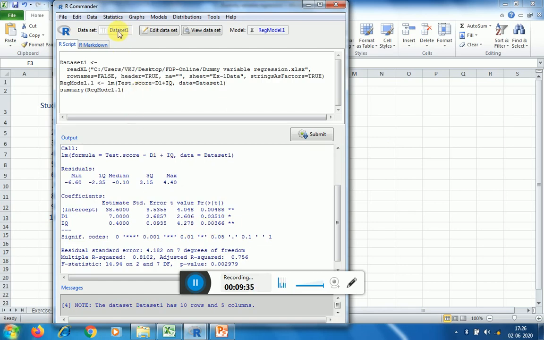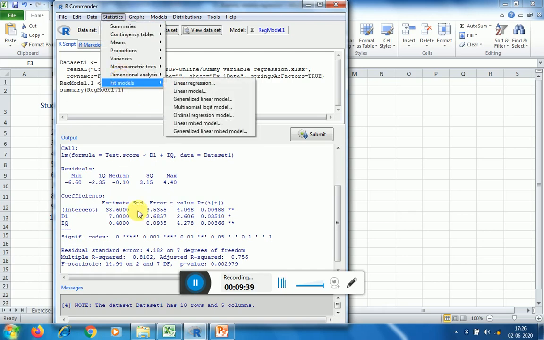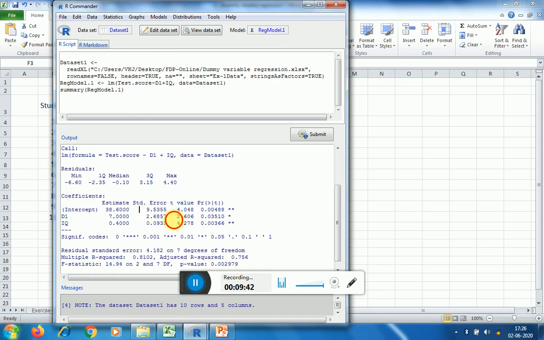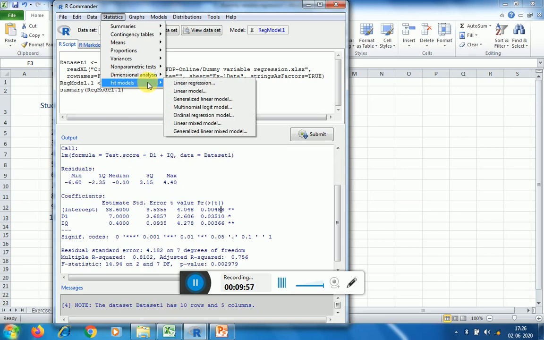Now if I don't want to assign any nominal values, numbers, to that particular variable and want to take the gender values as they are, R still has the option to calculate the regression model for this.